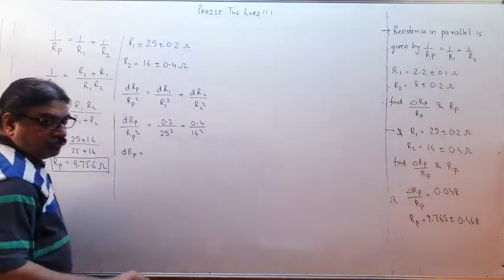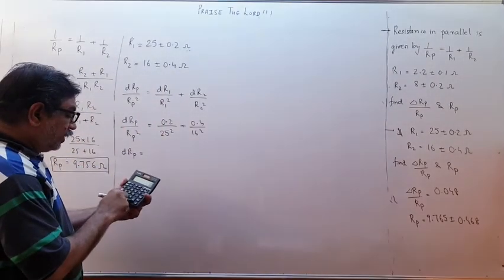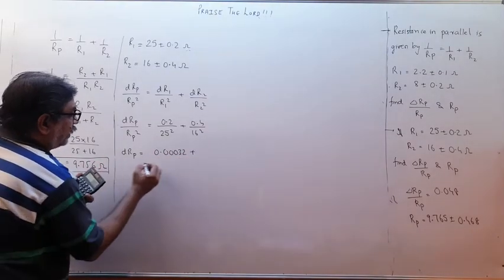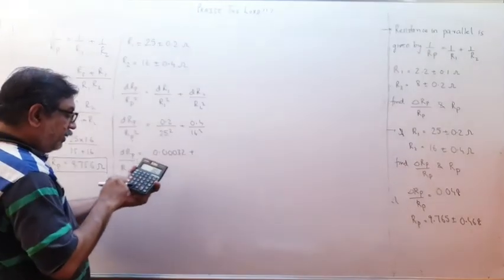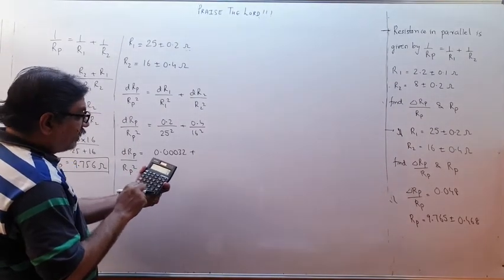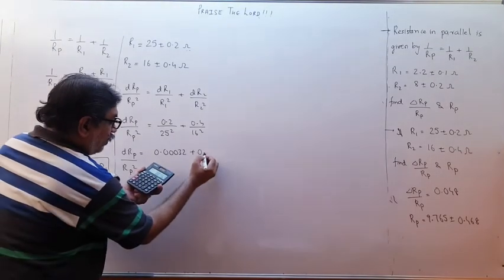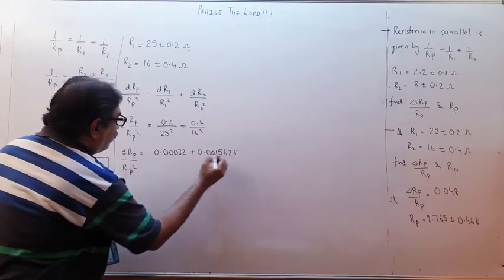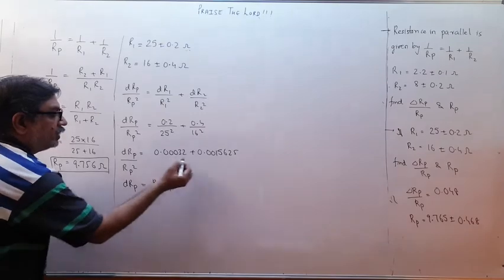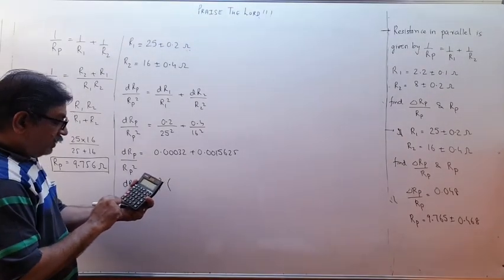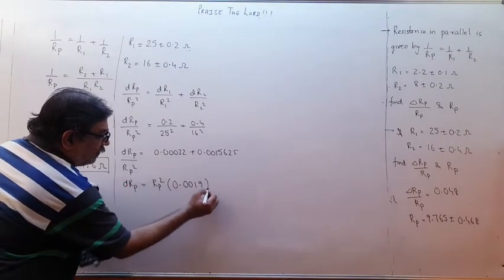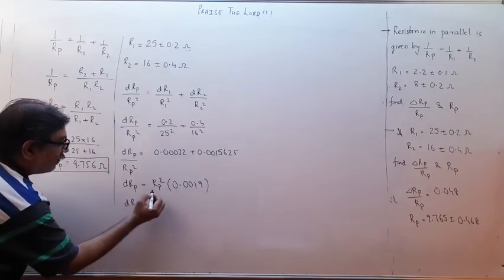So 0.2 divided by 625 is 0.00032, plus 0.4 divided by 256, which is 0.001565. Adding, I write only up to 0.0019, and then dRP becomes RP square